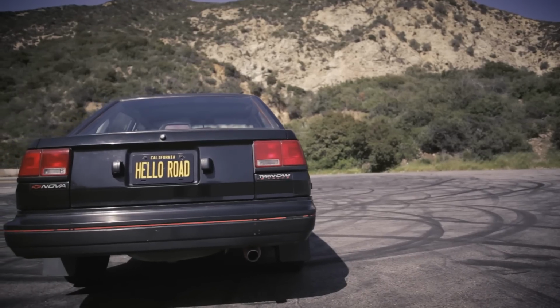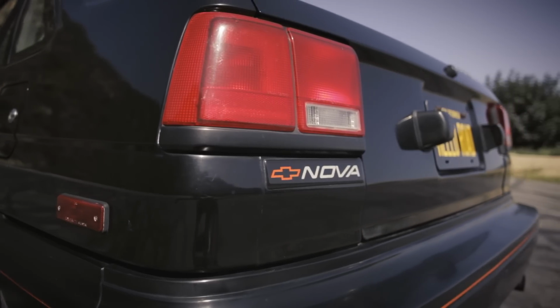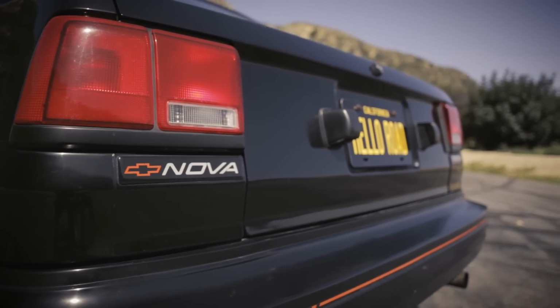The formula for the Nova Twin Cam was simple. Take an existing Econobox, load it up with some go-fast parts, improve the handling, make it look super rad, and see if anybody buys it. Unfortunately for General Motors, not that many people bought them. Built for the 1988 model year only, about 3,300 of these cars were built, accounting for only about 3% of